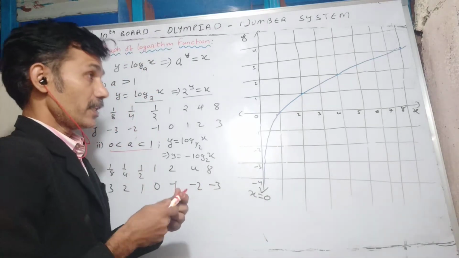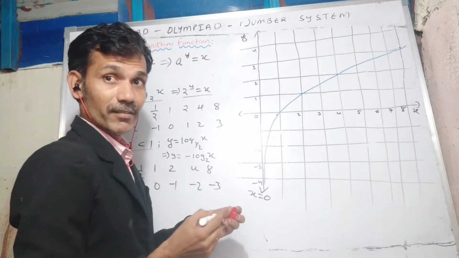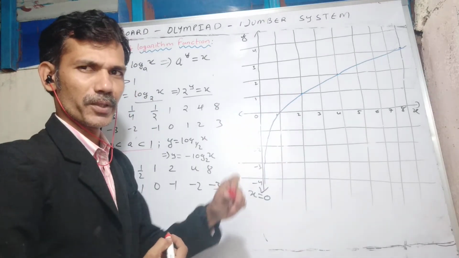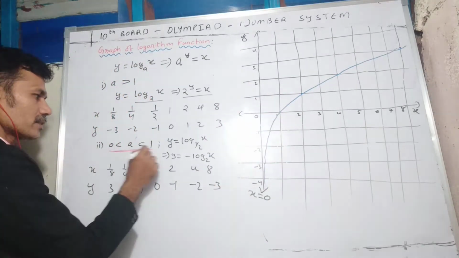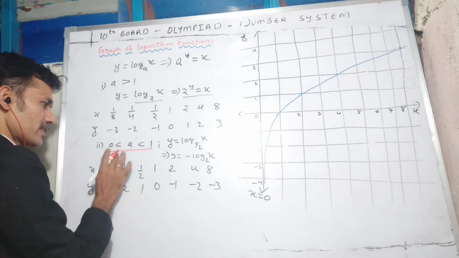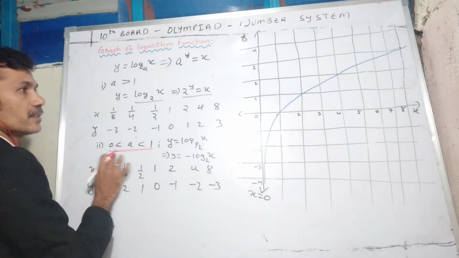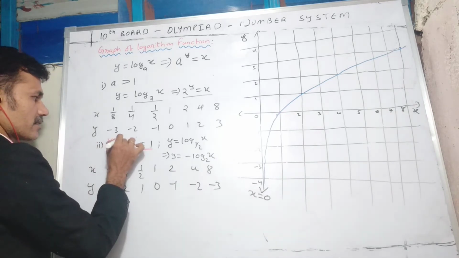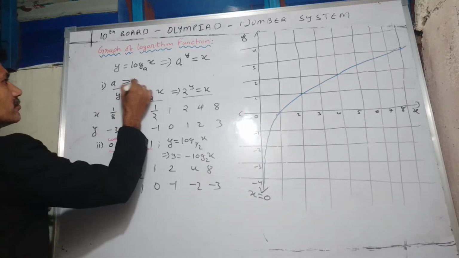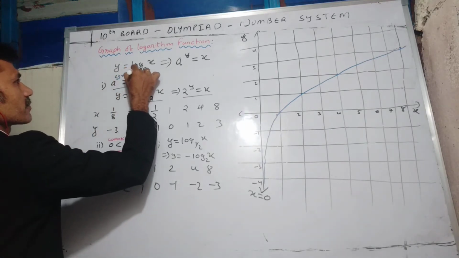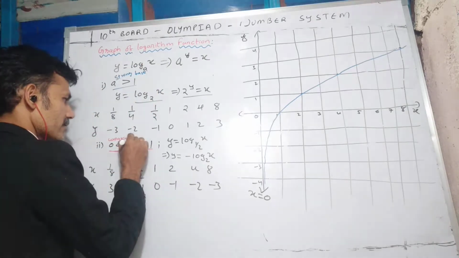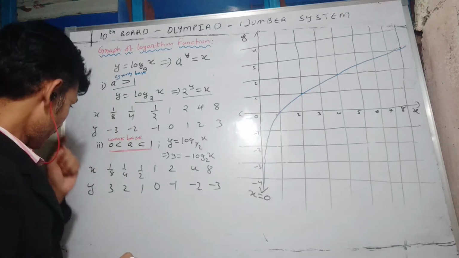See, when a value is greater than 1, it is a strong base, we will say. It is an increasing function, and many properties will be there. When a value lies between 0 and 1, as a proper fraction, it is a weak base, we will say. This is the weak base, and this is the strong base. When a is greater than 1, it is strong. This is the weak base. Its graph we will see.